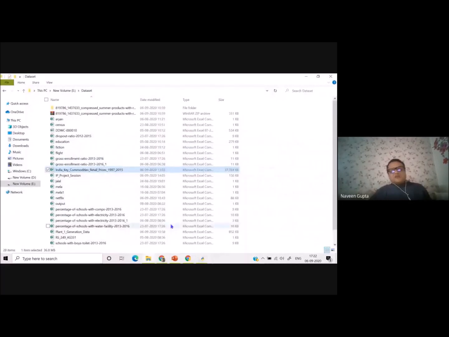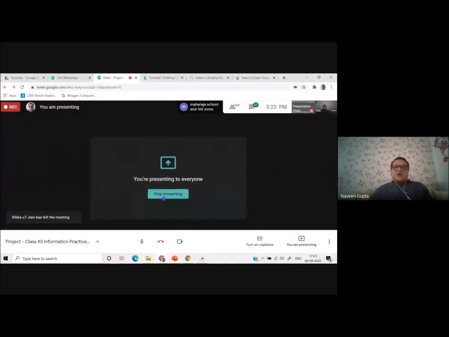So the first purpose of this project is to analyze. Now to analyze the data, we need a data set. So the first concept which I want to explain to you is how you will get the data. That was our first concept, where I am talking about the data set, and you will get the data set from various websites. It can be Kaggle, it can be Data World, or it can be data.gov.in. So that is the concept for making the project.